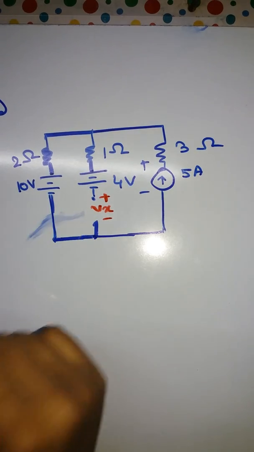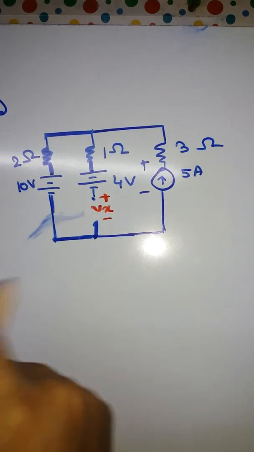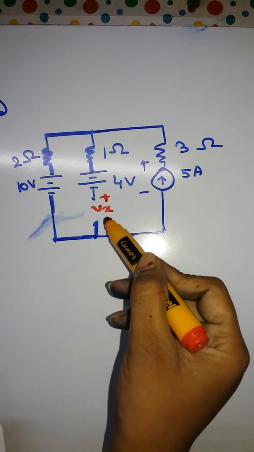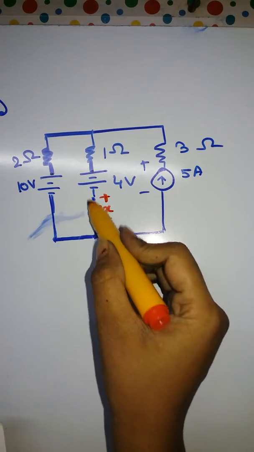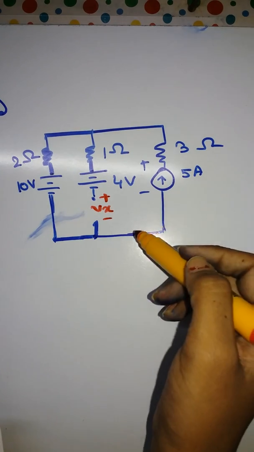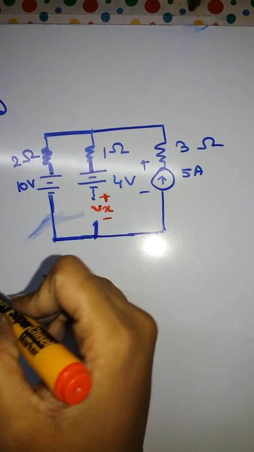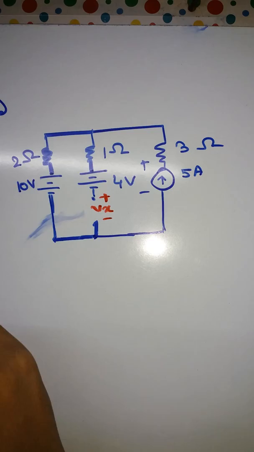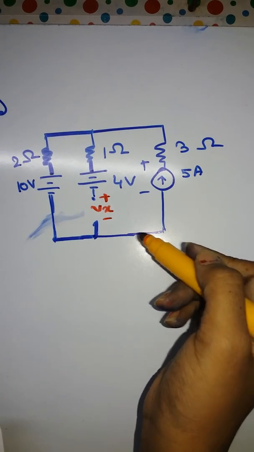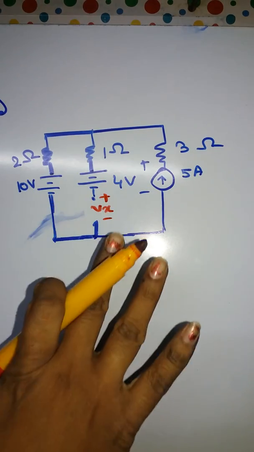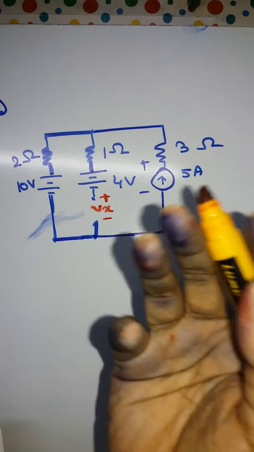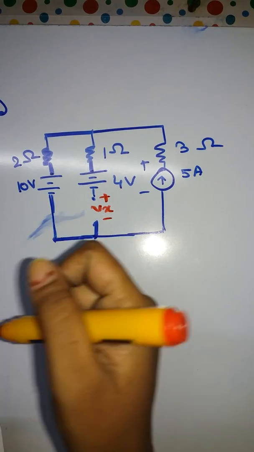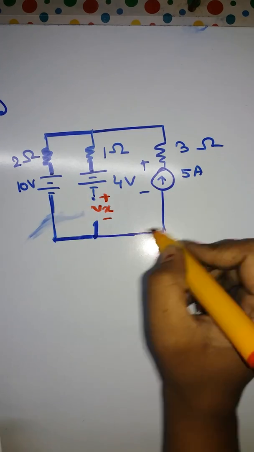So now this is another question. In this particular question, they asked you to find Vx, and that is the voltage across this area. The current mentioned over here is 5 ampere. Now by looking at this diagram, you can very easily say which theorem or which law you are applying. Yeah, it's